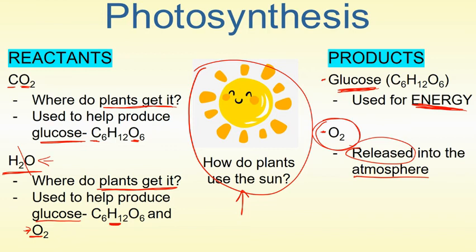So that oxygen is kind of a byproduct. It's not an immediate product that the plants need, so they just release it back into the atmosphere so that we can take it in. So they produce oxygen for us, and we need that. And then we and other consumers are producing the carbon dioxide that they need to be able to do photosynthesis. So we're very reliant on each other in this process,